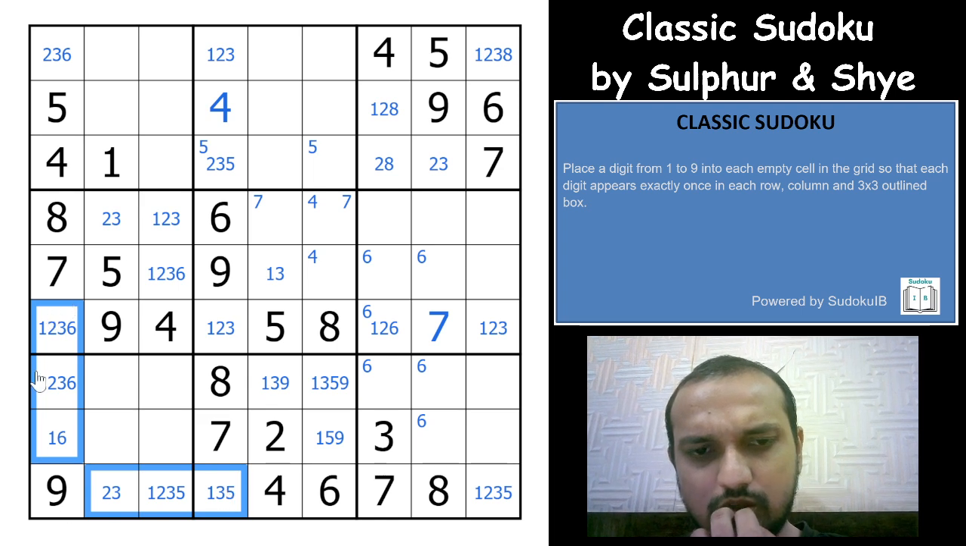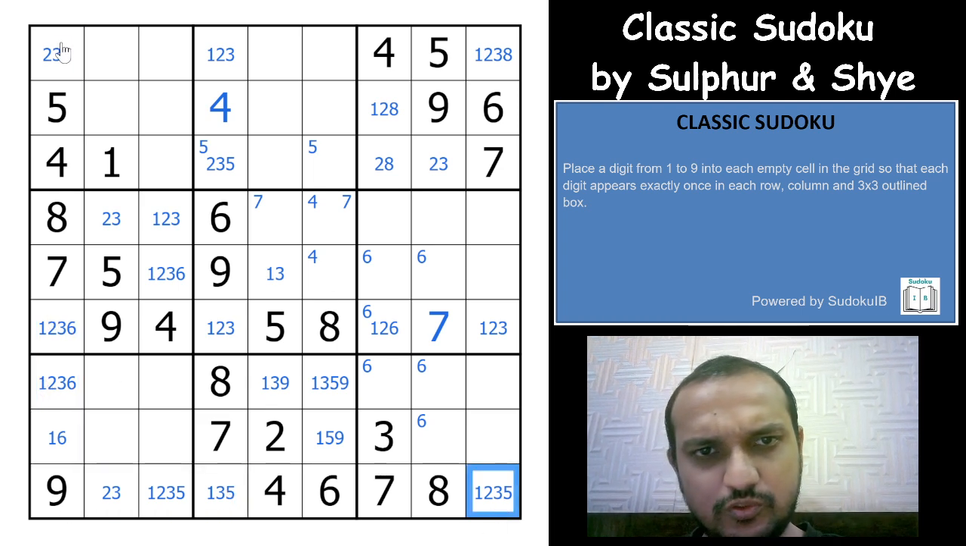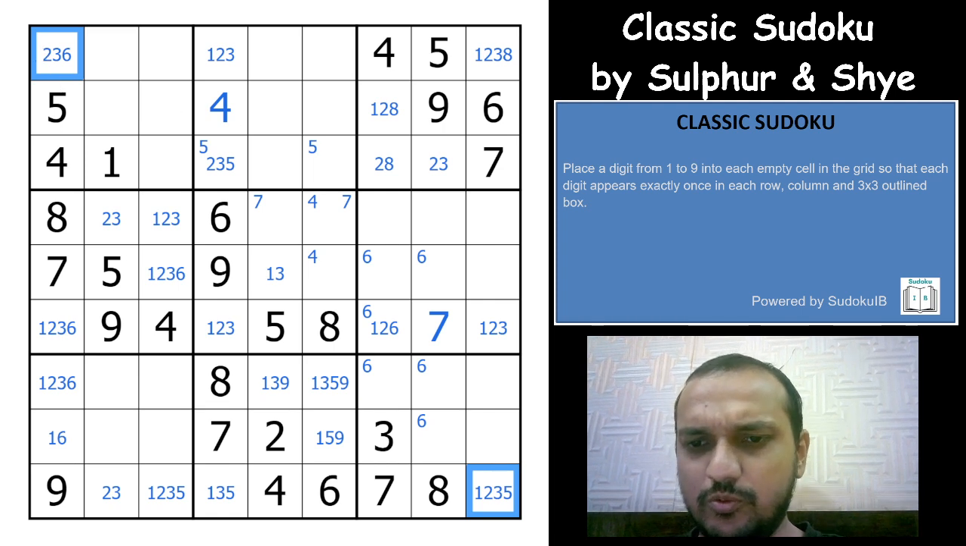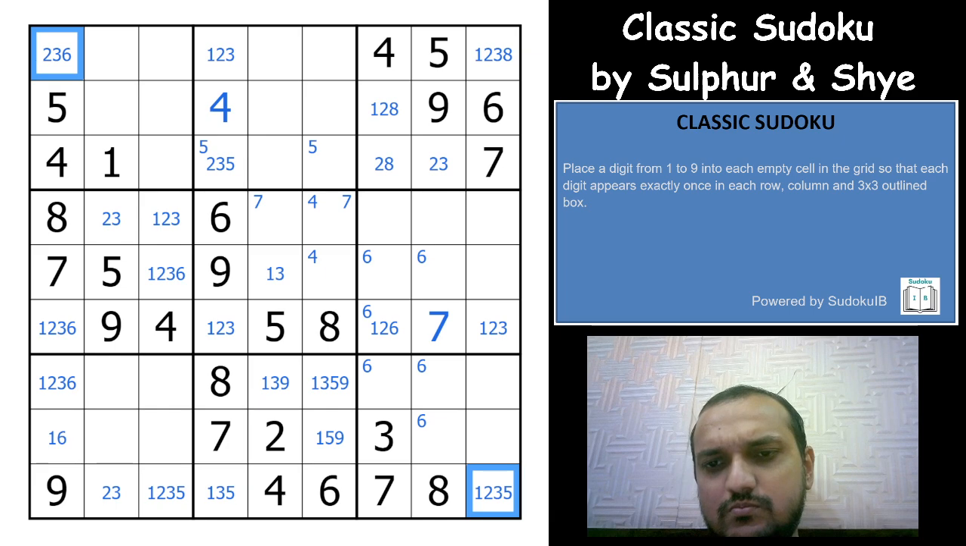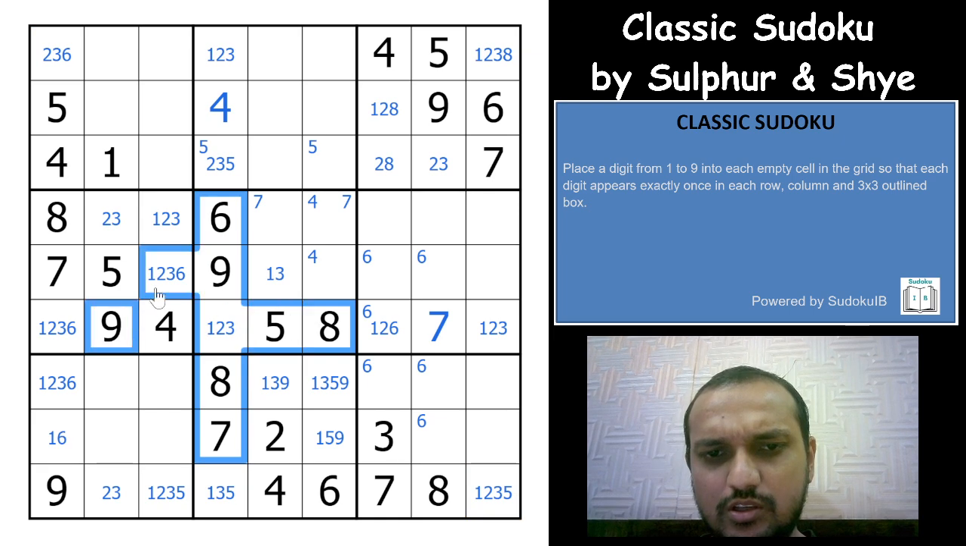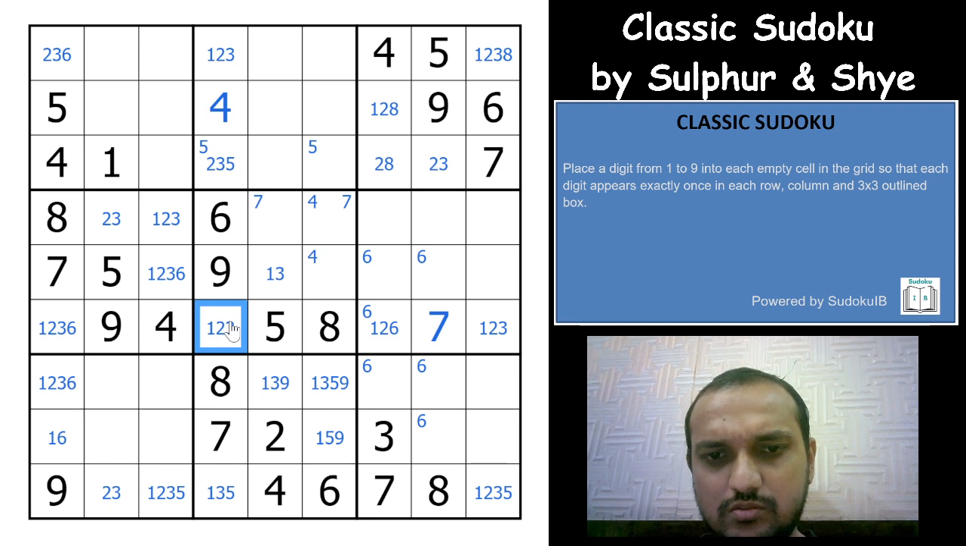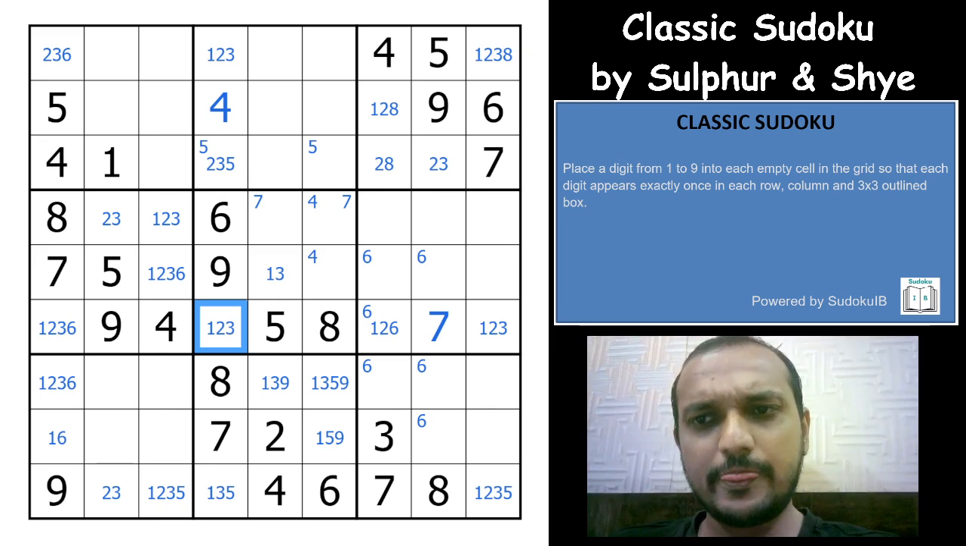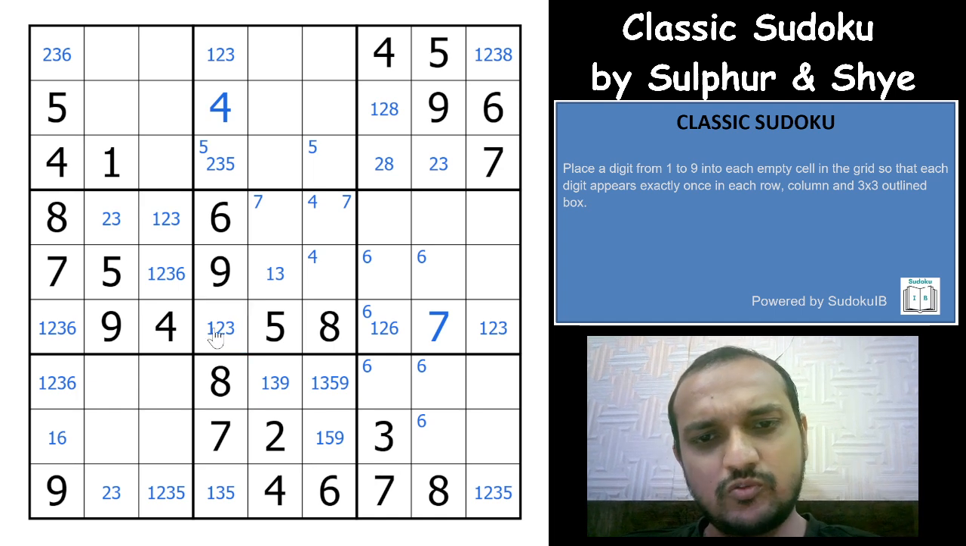1, 2 and 3, then 2 and 3, okay. So which means at least one of these two cells would have to be 1, 2 or a 3. So this seems to be something really specific. I have to look at this cell for now. So whatever I have here,